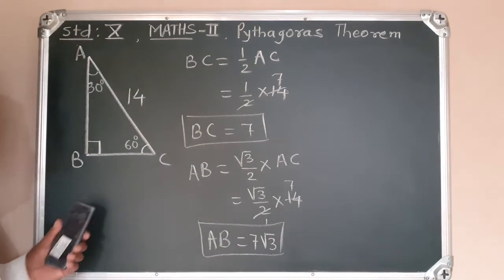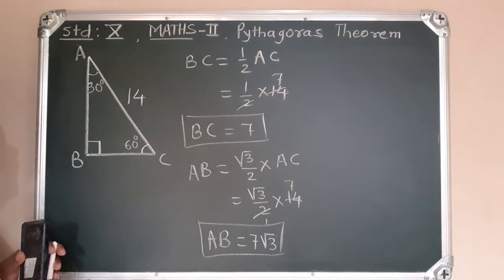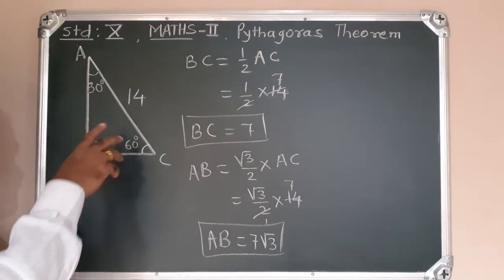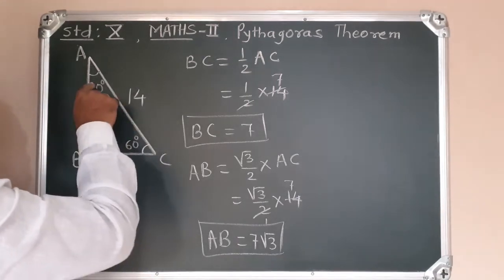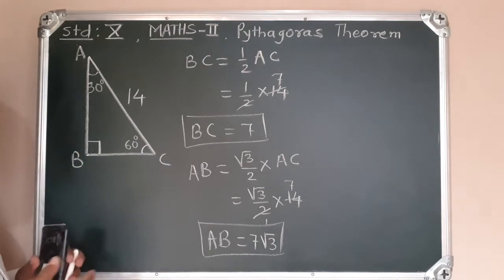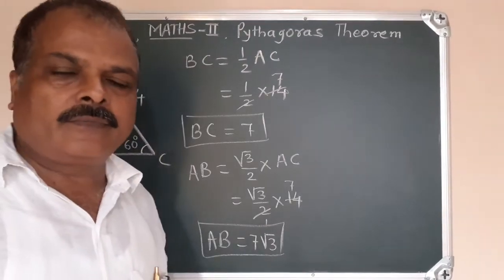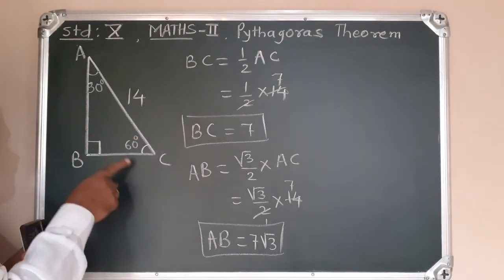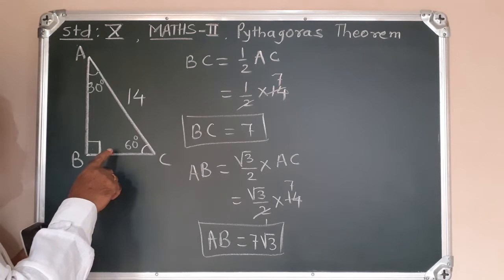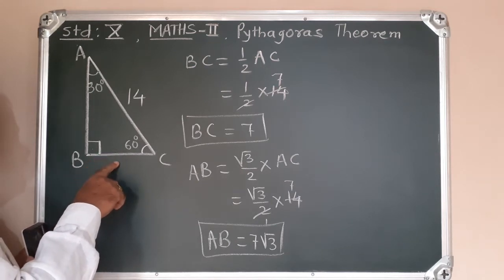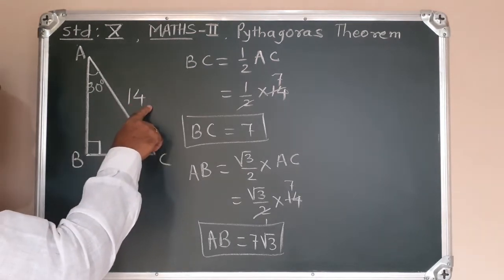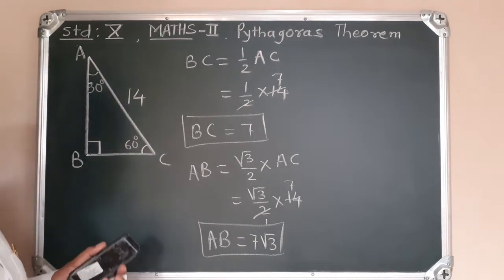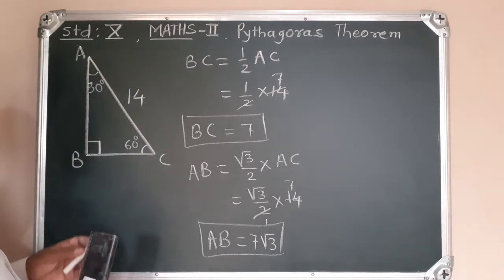Very easy. You can calculate. If you are given out of 3 sides, one side is given and angles are given like this, you can calculate remaining 2 sides. If you have given hypotenuse, then you can calculate these 2 sides. If you have given opposite side, from that you can calculate hypotenuse, and from that you can calculate side opposite to 60 degree. Any one you have to give.